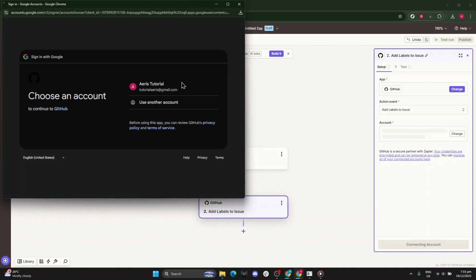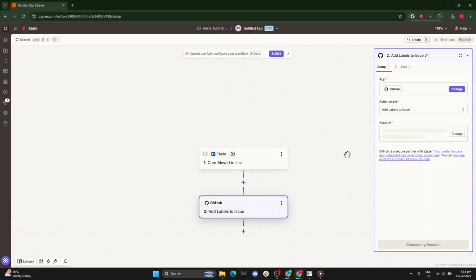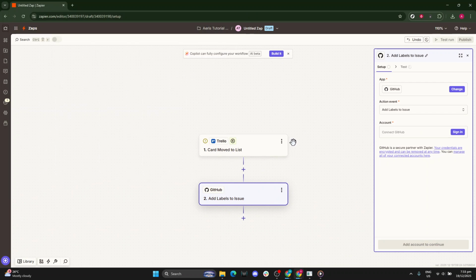That's the core setup. Trello as the trigger, GitHub as the action, with both accounts connected. This structure gives you a reliable bridge from your Trello board to your GitHub repo, keeping tasks aligned across tools. Once you've chosen the exact events and connected accounts, you're ready for the next steps in your own workflow to bring this automation to